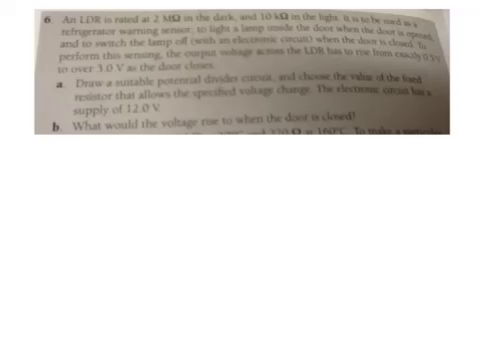So we've got an LDR rated at 2 mega ohms. The LDR is a light dependent resistor, which changes resistance depending on the light, and it is 10 k ohms in the light. Let's make sure we note those two: light and dark. It is to be used as a refrigerator warning sensor to light a lamp when the door